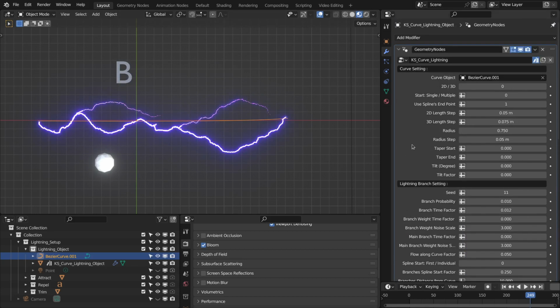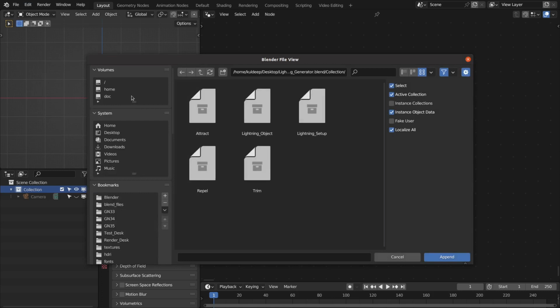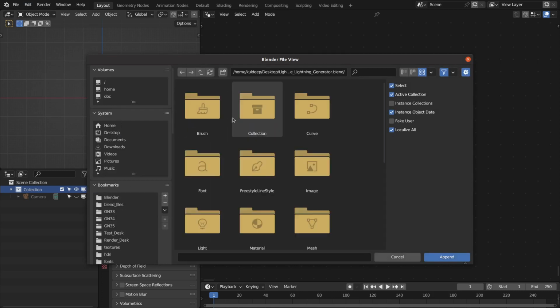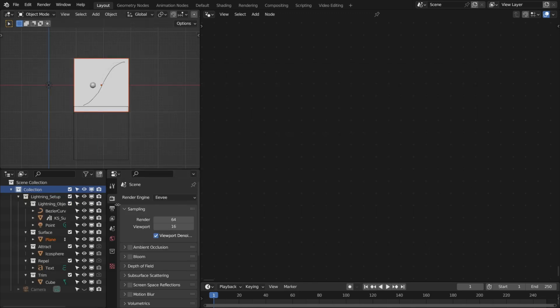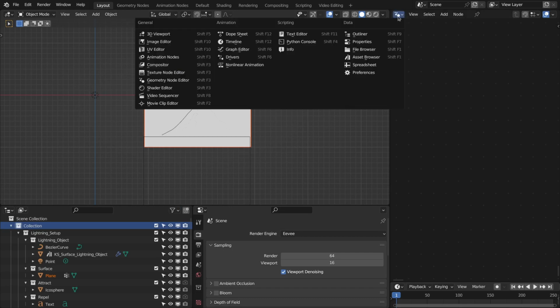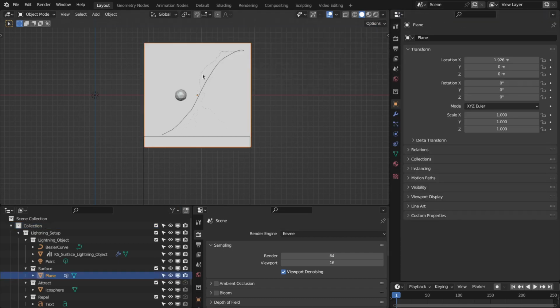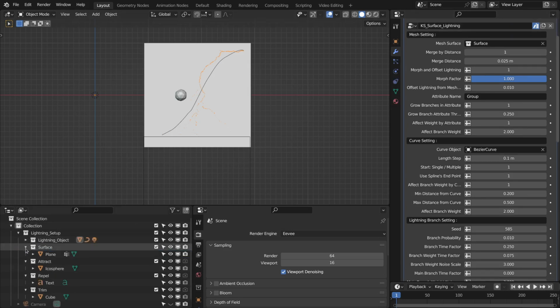Now let's make the lightning with the surface lightning generator. So first we're going to append that collection. Let's first navigate to the file, this one, then go to the collection, select this collection, disable this option, instance object data, and then append that. So let's make some room here, and we're going to also change this to properties. Select the lightning, pin this option, and let me collapse all these collections,